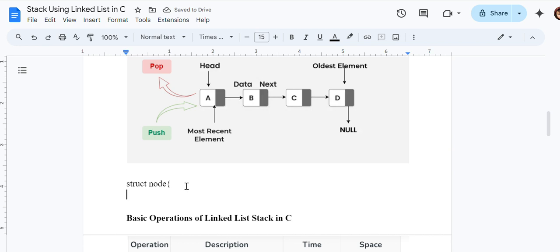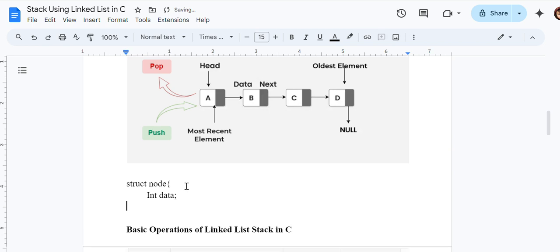It is not going to create a new node, we are only defining the structure of the node. I will have data of integer type and a pointer to store the address of the next node.